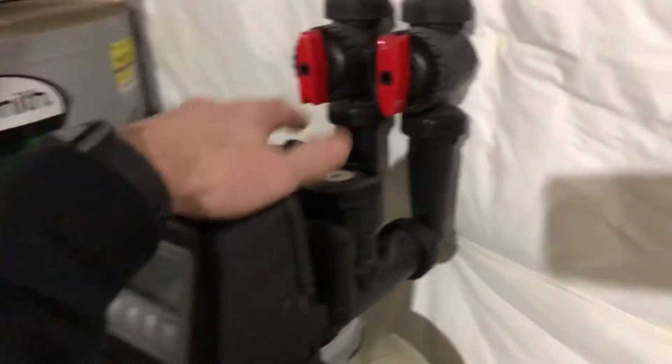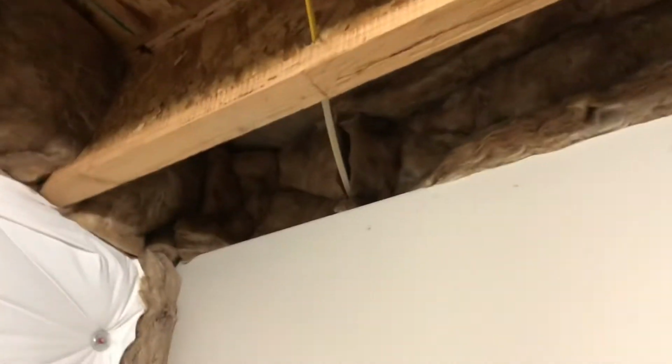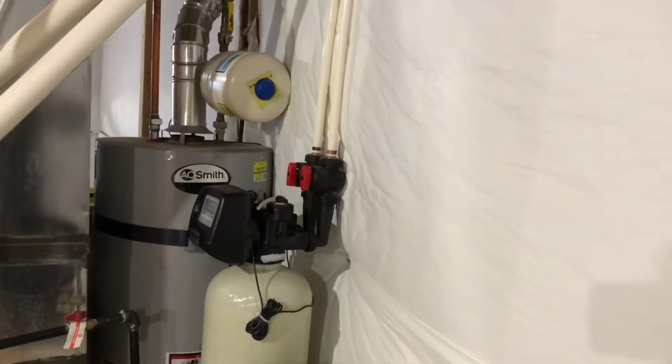Now the plan is to run a tube from the garage down here to this same spot. So if I follow the line up and over, what I'm going to find is that my garage is right over here. So I want to run the tube down here, and I see that there's already a cord that's going through the hole right there in the garage. That's for a power outlet that's right there. So I can follow that line all the way back to where it connects, and we're looking about right there. So I can run my tube up from the water softener over, and then over through this hole